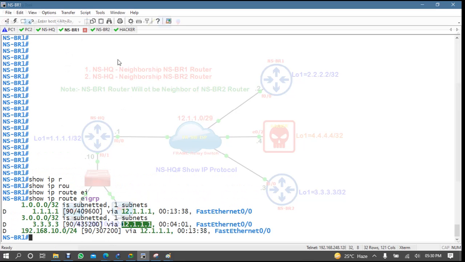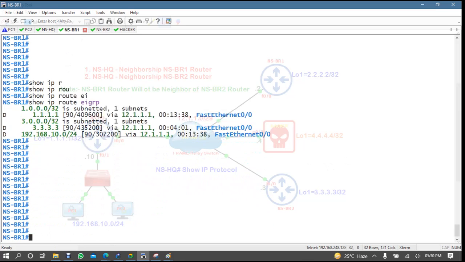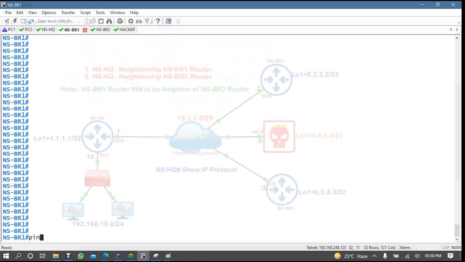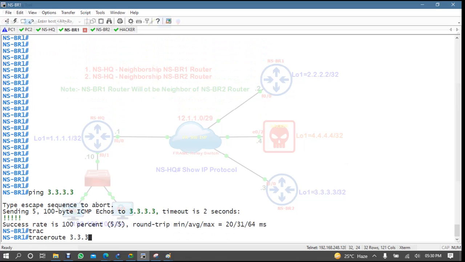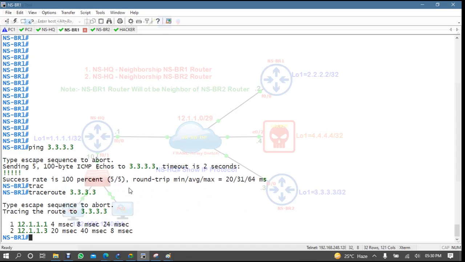But if branch 1 wants to communicate to branch 2, communication is there, no problem. But if you see the traceroute, see how the packet is moving. The first packet goes to headquarter, and then headquarter sends the packet to branch 2. So this is the problem, right?